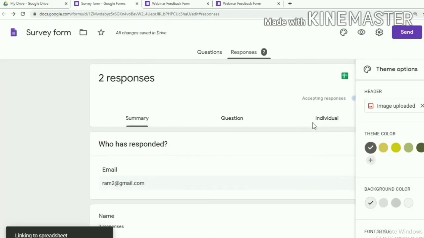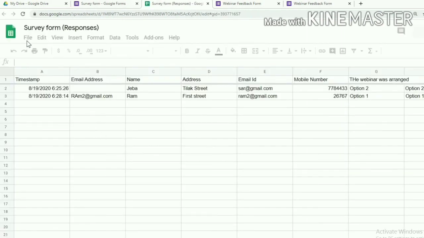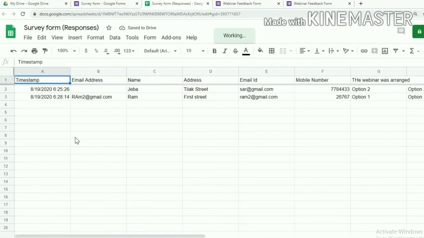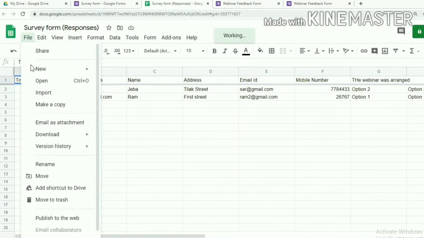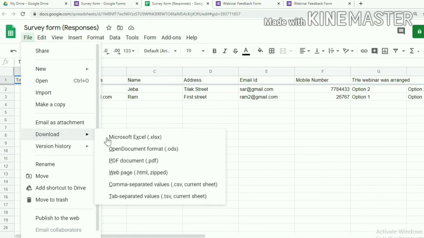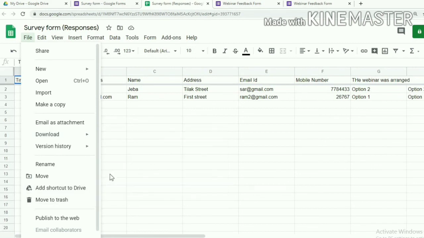So this spreadsheet is created, and you can even download this spreadsheet by clicking the file button and click download. You can save it as Microsoft Excel file or open document or PDF document or even as a web page. So according to your requirement, you can save it.